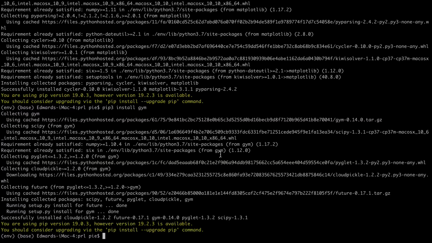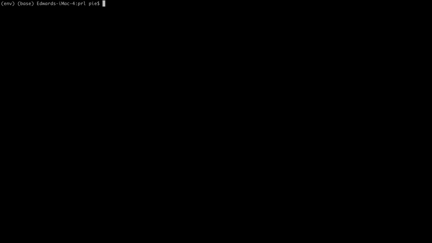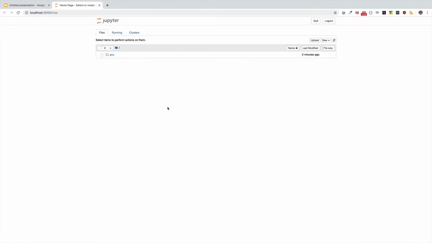So OpenAI Gym has finished, and so I'm going to run jupyter notebook. And so this is going to start the Jupyter Notebook server, and it is opening it in a browser for me. So Jupyter Notebooks is a browser-based UI where we are able to interactively create Python programs,